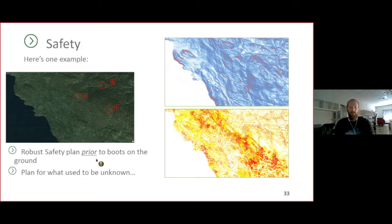So, from a safety perspective, and with this in mind, during the pre-planning for field operations, we can create a far more robust safety plan prior to going into the field. We can avoid making too many assumptions that have traditionally been taken from an ortho or involved expensive helicopter flights or whatnot. Initial site safety assessments are better informed through office-based pre-planning, and site assessments can be modified once we're on the ground, as opposed to getting on the ground, then figuring out the safety concerns and how to mitigate